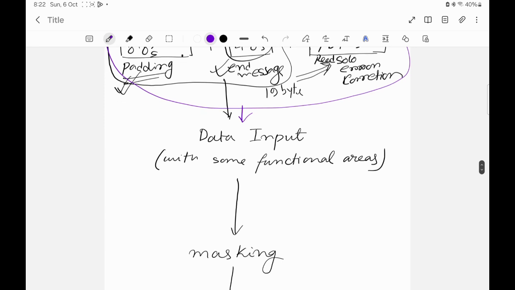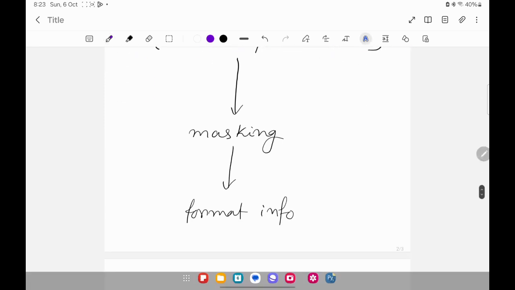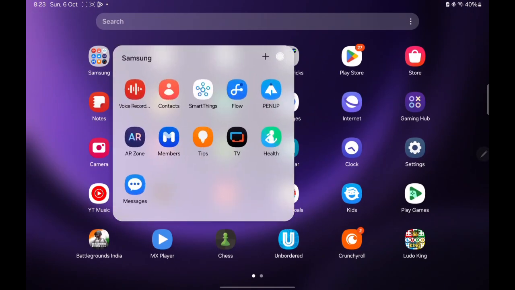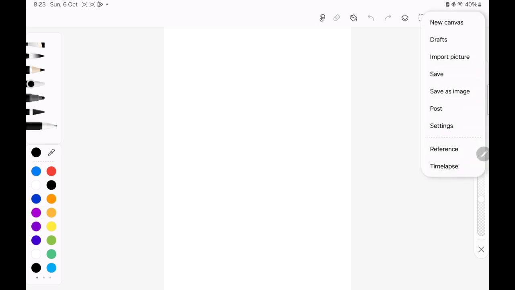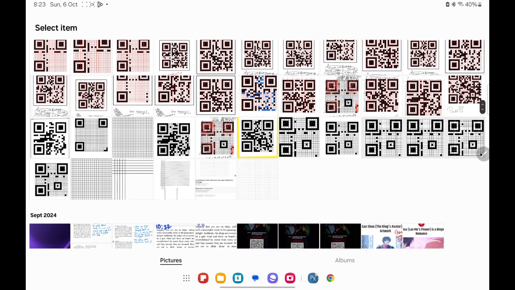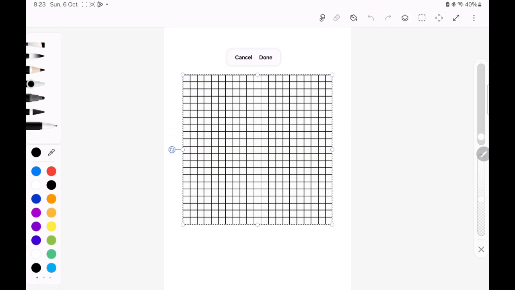To do this, you need an application, or you can even do this in your notebooks and make a grid of 21 by 21 yourself with pens and colors. But using an app, any painting app, will make the process really easy. So you need a 21 by 21 grid,